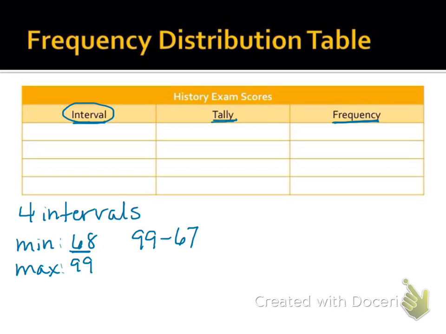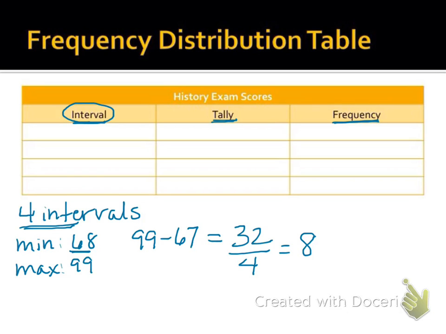So the 99 is my highest score, and to get the range of values, I'm going to subtract off the 67 because anything 67 or lower was not a score that was received. Okay, and so that actually gives us 32. So now if we want 4 intervals, we're going to divide 32 by 4, which means each interval should be 8 scores